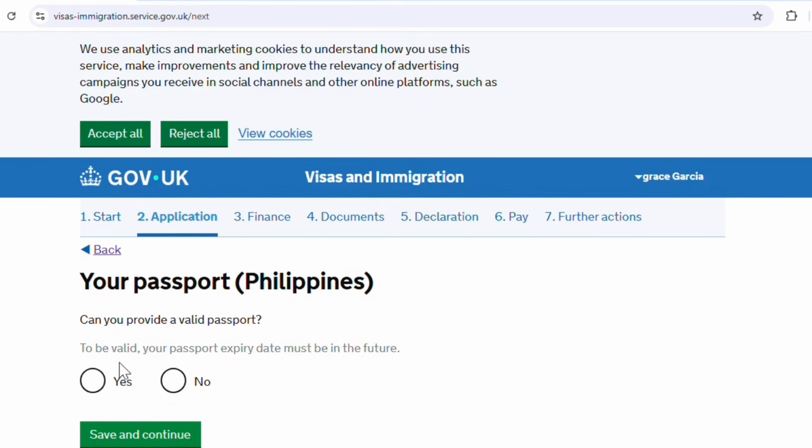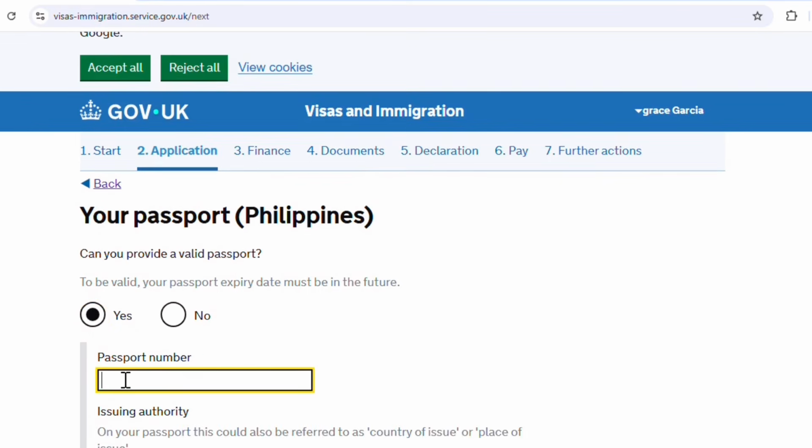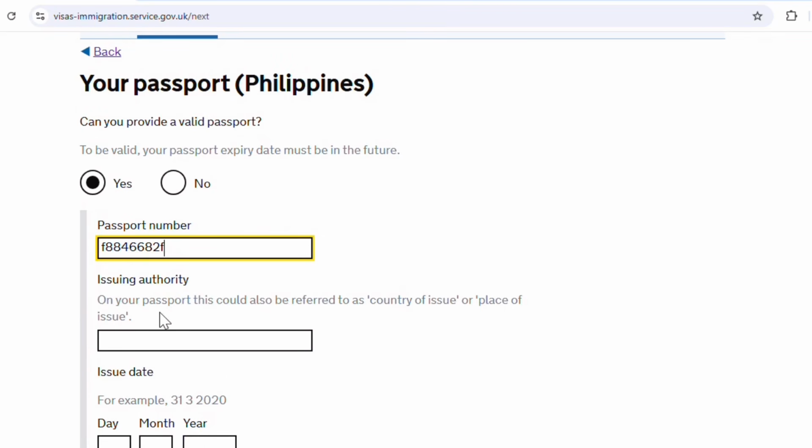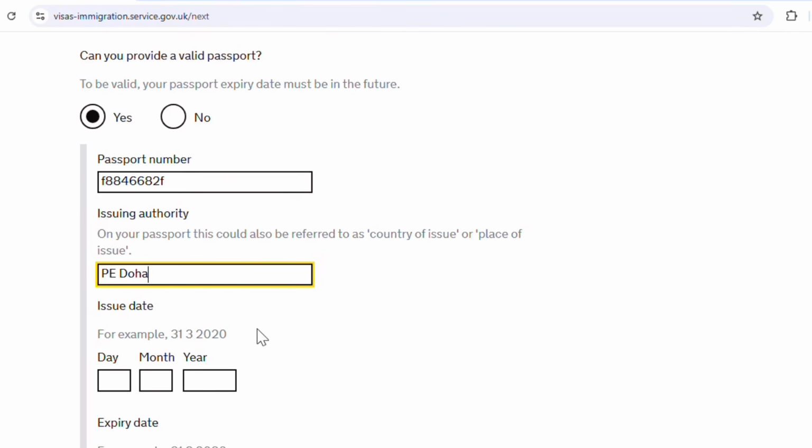Your passport: can you provide a valid one? Yes. And then your passport number. Issuing authority: since my passport was issued by the Philippine Embassy Doha, you can put PE Doha, meaning Philippine Embassy, and then the issue date will be